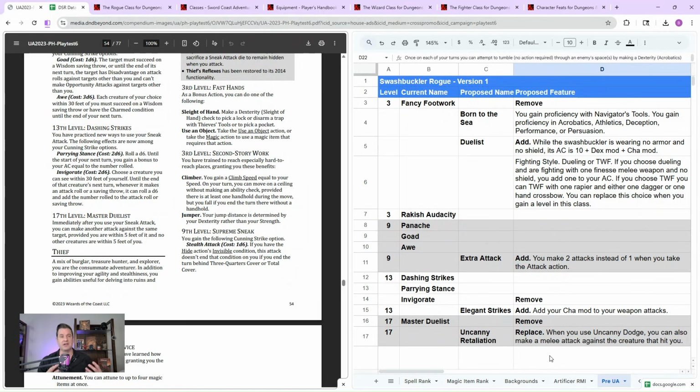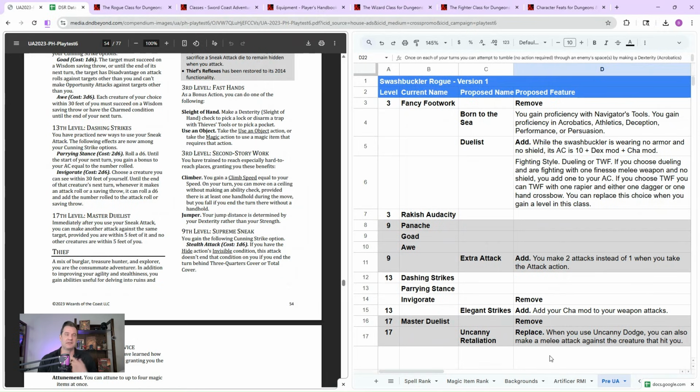And it works with your Uncanny Dodge. With all the players who are using rogues, and I see a lot of rogues, I'm finding that Uncanny Dodge is just very weak, especially since it contends with that reaction, which you really need to keep your damage on par with other martials. So you don't want to give it up to just cut one attack's damage in half, because it only triggers on attacks, not on big blast spells.